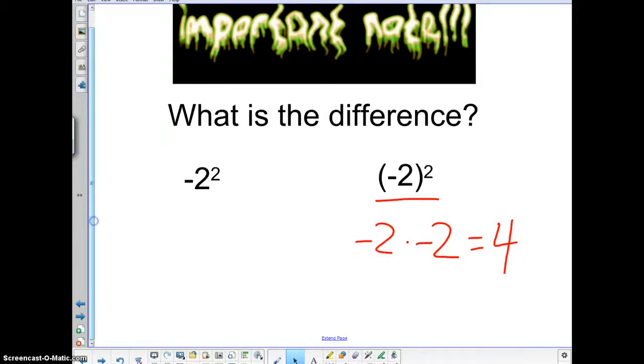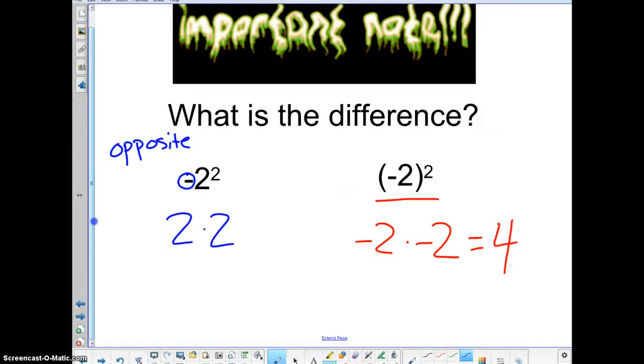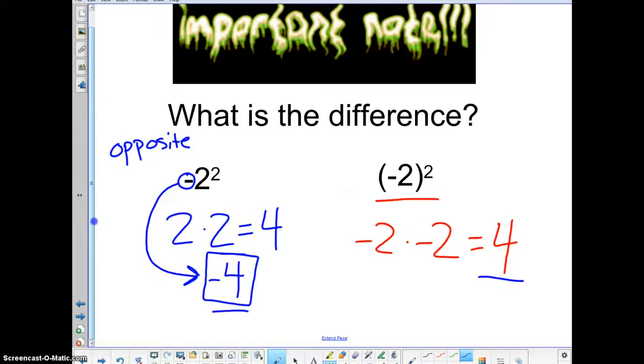Over on the left side here, it's a little different. This sign out here, when there are not parentheses around the 2, this sign is telling us that is the opposite. So what we have to do is, what is the opposite of 2 squared? Well, we have to do 2 times 2 first. 2 times 2 is 4. What's the opposite of 4? Okay, that's where this comes in. The opposite of 4 is negative 4. These two exponents are not equivalent. This is a positive 4. This is a negative 4. The reason is this symbol out here is opposite, and this symbol right here is negative. They do not mean the same